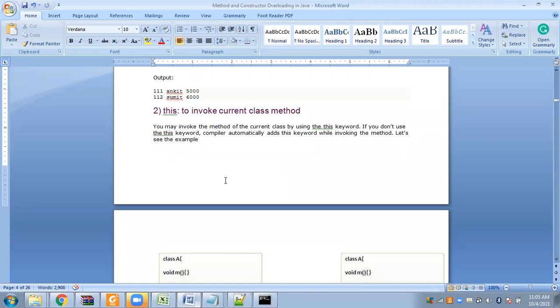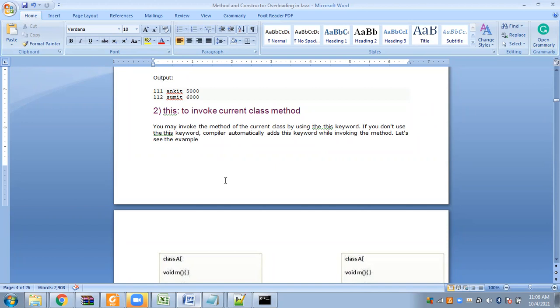So what it's saying is, suppose you are inside a class, and for that class you want to call a method of that class. You have been doing it, right? We have used classes which contain methods. And when we try to invoke the methods, the functions of that class, we call them using the object of the class. There we don't use the this keyword. That means even if you don't use the this keyword, by default the compiler will automatically add the this keyword and then call the current class method.